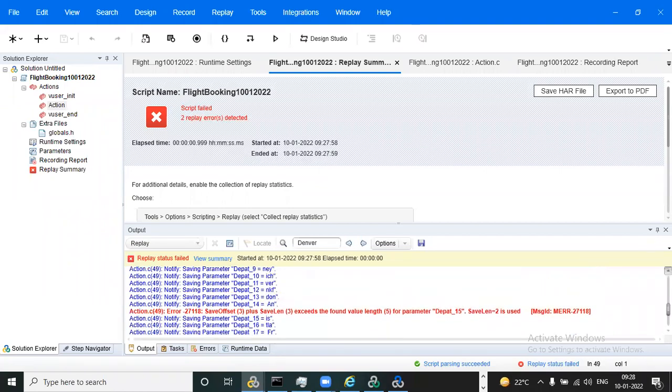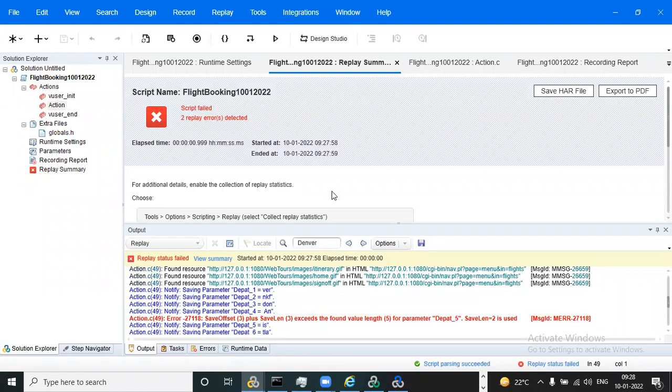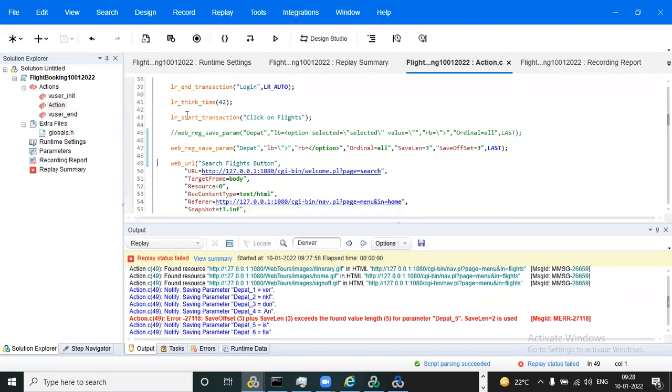Based on requirement, you can observe that in some applications, like when we fill in government jobs or other applications, sometimes IND will be there. Did anyone observe? So for this situation, we write save length and save offset like that.